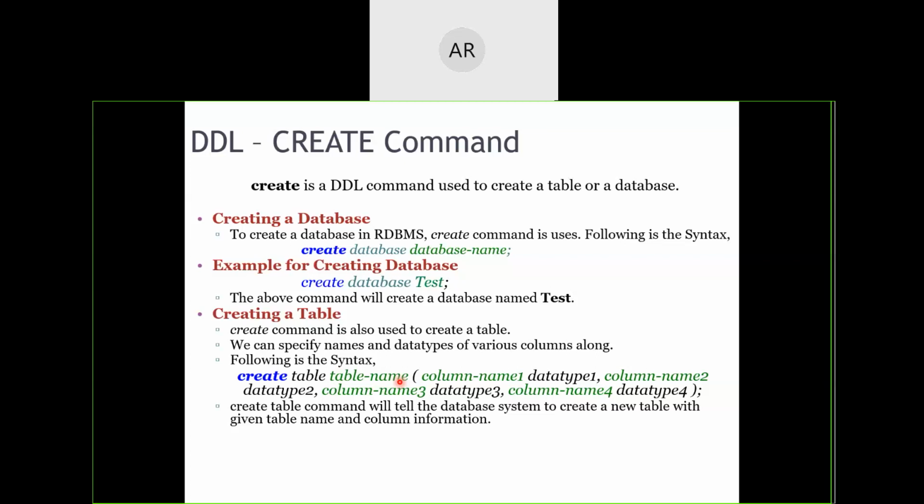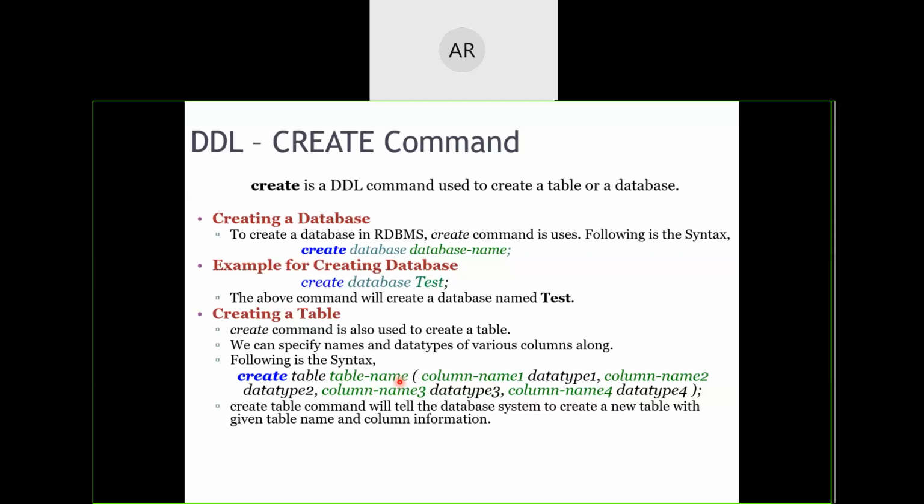And along with the column name, you should also mention what are the data types available in that particular table. Okay. A simple table can also be created without any column, but later on you have to modify it by using the alter command and keep on adding columns one after the other.